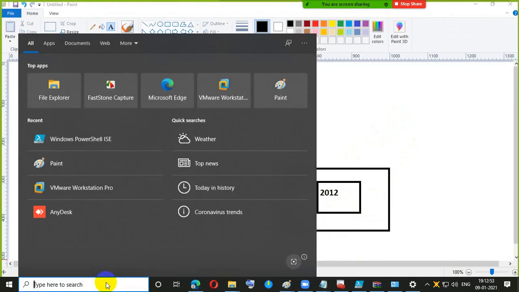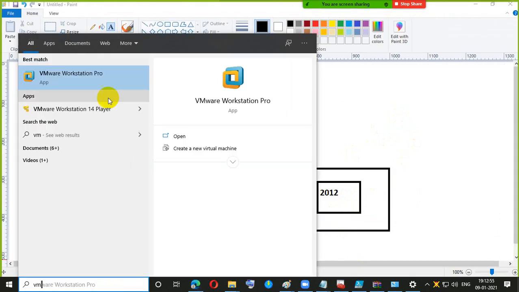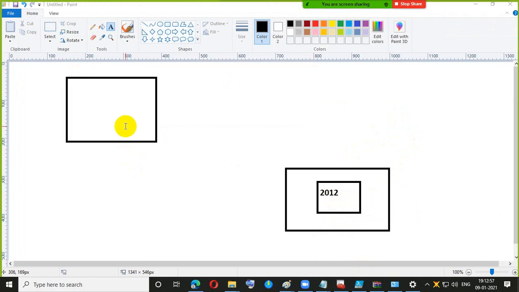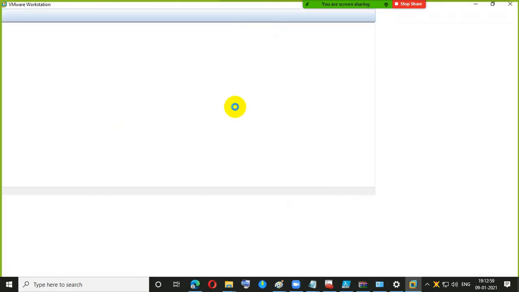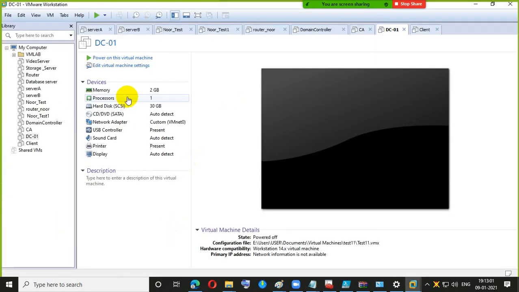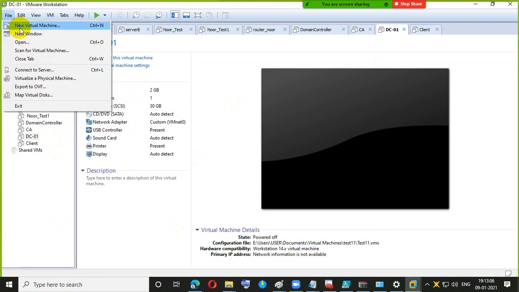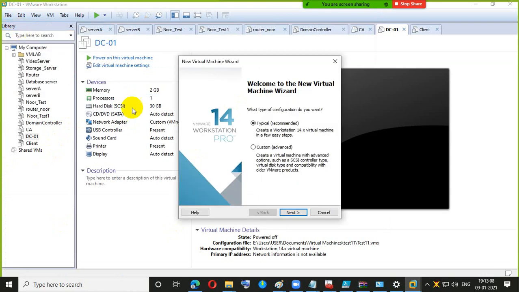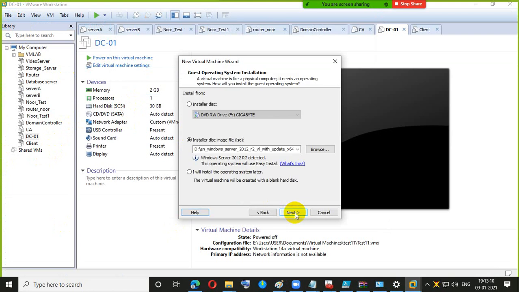Okay, so first go there. This is my VMware. I have to create one Windows 2012 server machine. So go to new virtual machine, Windows 2012.